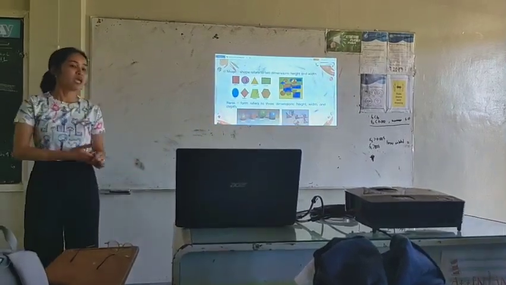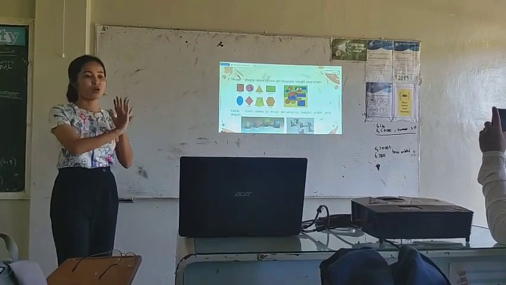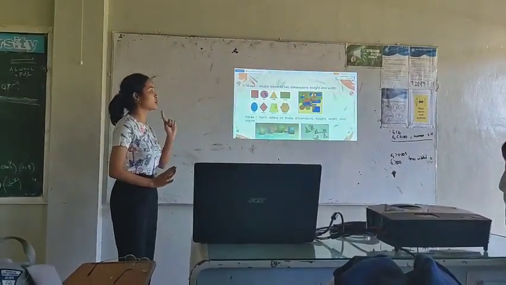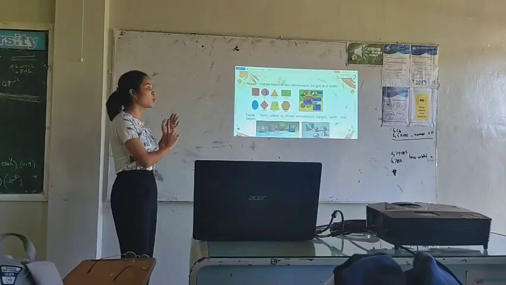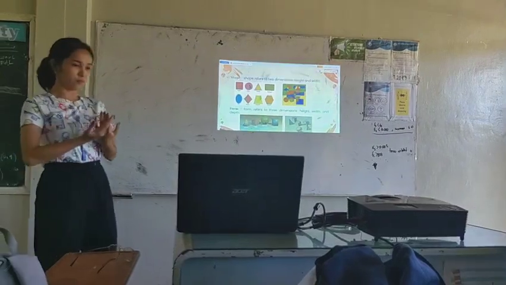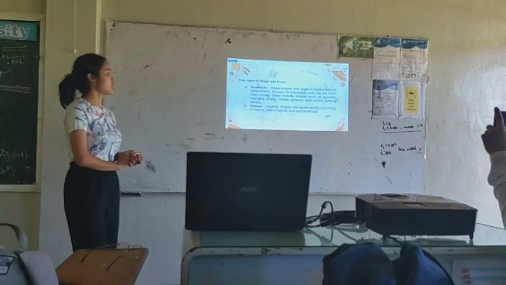Next is shape. Shape refers to two dimensions, height and width. Then form refers to three dimensions: height, width, and depth. From the word form, it already has form. So in shape and form, there are two types. First is